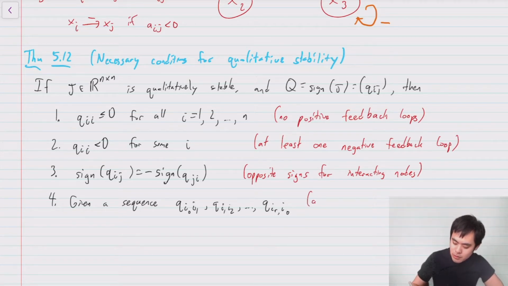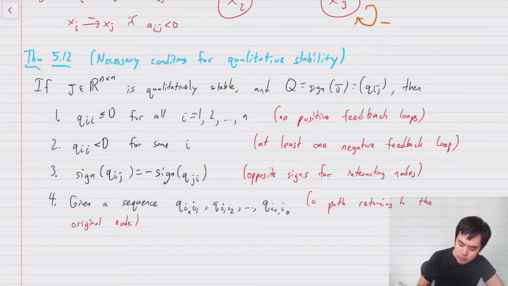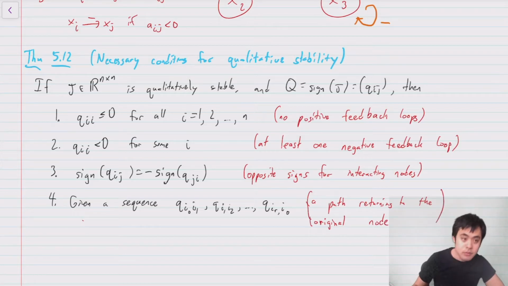So a path returning to the original node. So given a sequence like that, that contains 3 or more distinct indices,